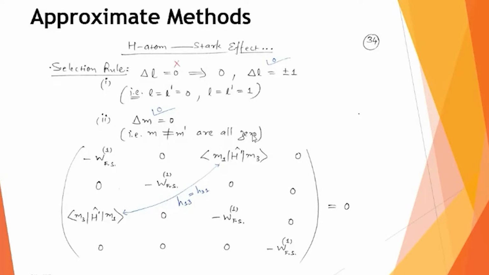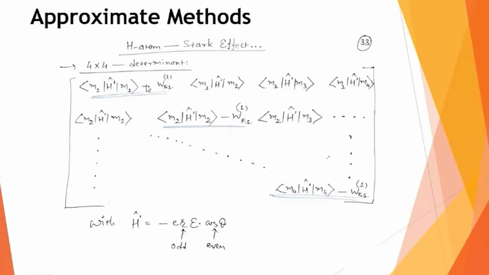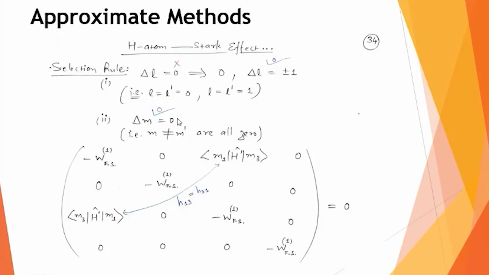So looking at this selection rule, these mathematical conditions, out of these 16 elements, the first 4 by 4, you can find the majority of the elements are 0. You can see there are many zeros now appearing. In fact, only two matrix elements are to be computed, M1 h dash M3 and M3 h dash M1. But we can see further that if I call M3 h dash M1 as h31 and M1 h dash M3 as h13, they are symmetric.